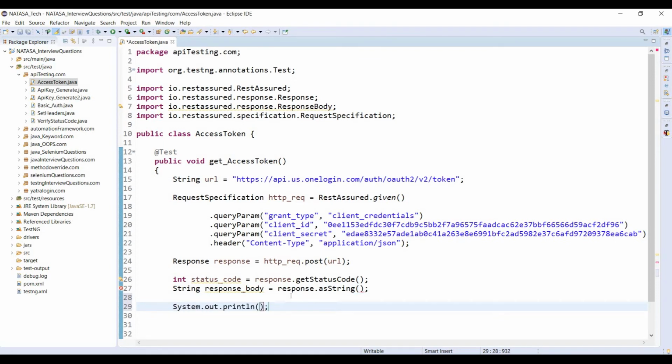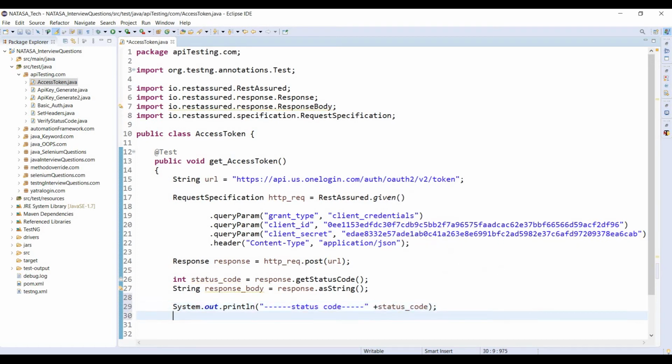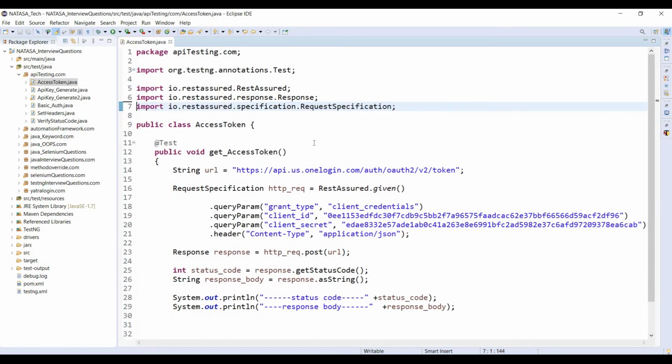Now we have to print all those values. Status code. Next, I have to print the response body. Response body.